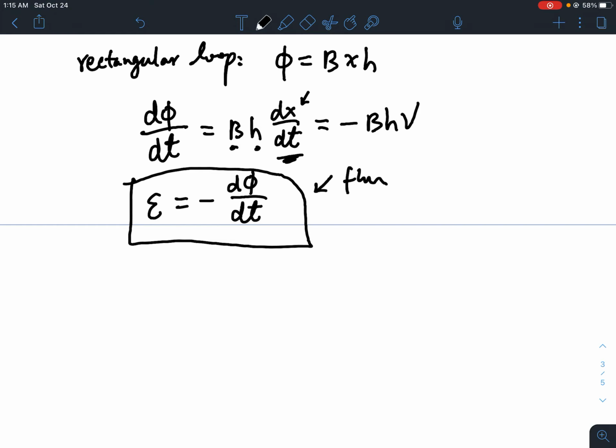This is the flux rule for motional EMF, and it can be proved that this formula holds for any shape of loop. This formula is very simple, and it works for any shape of loop, which is really great. So that's all I want